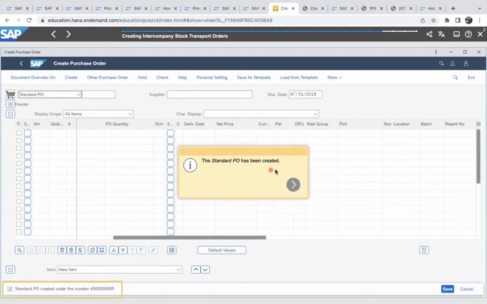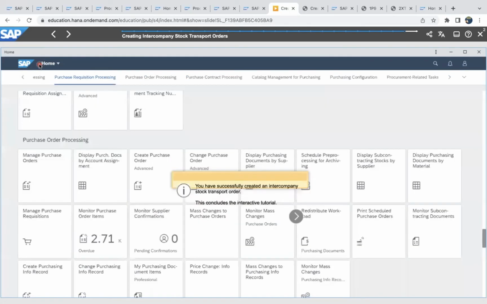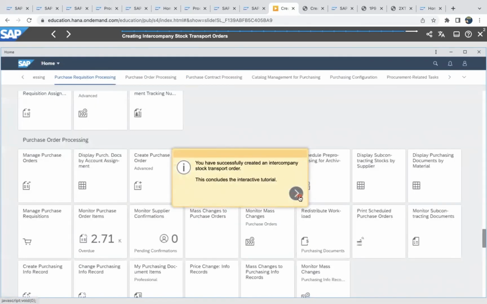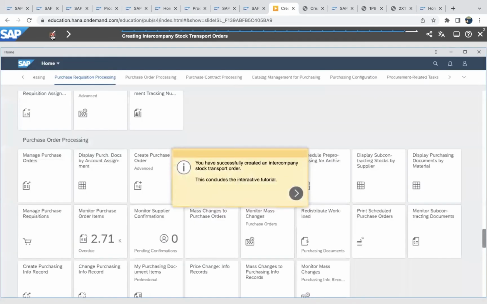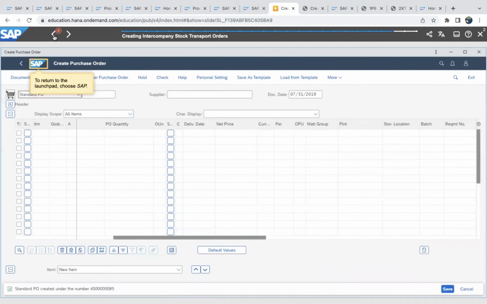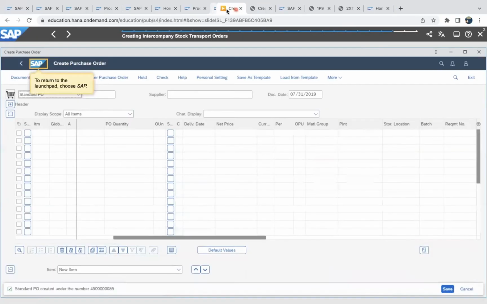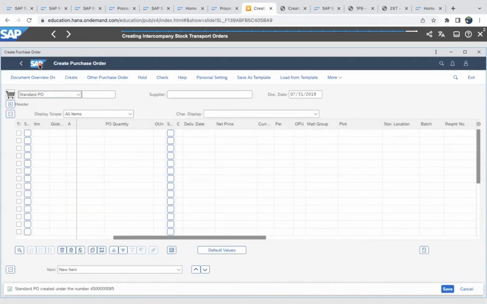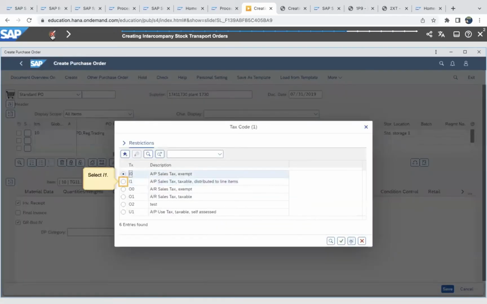Successfully we created the PO. The standard PO has been created. So return to Launchpad. We are going back. Okay, so now you created how to create intercompany STO. We created it successfully. And it's going back to the PO creation,